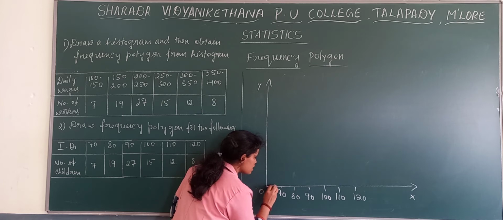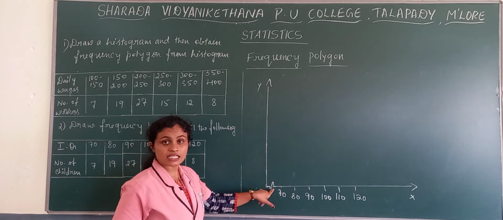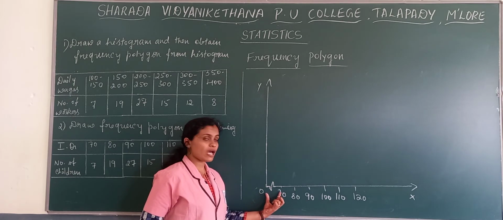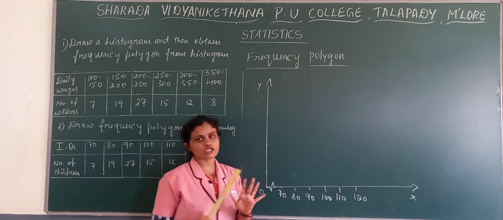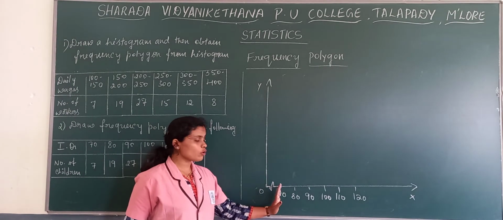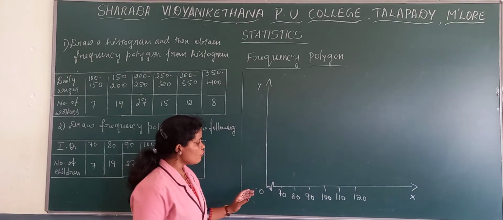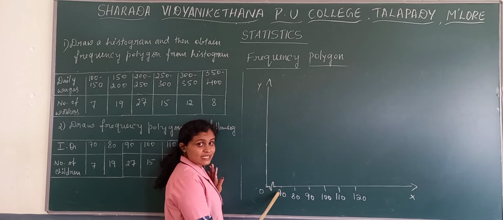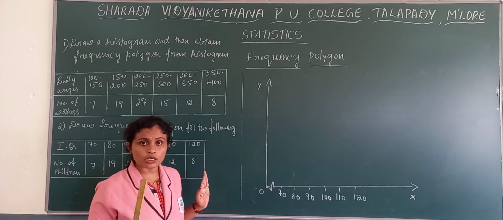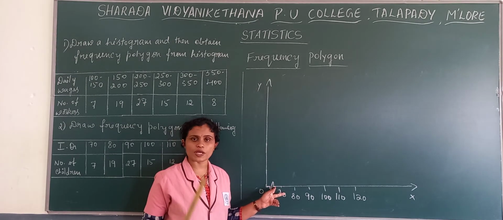We need to represent a kinked line here in order to show that if we draw this kinked line, then it's okay if there is a difference between 0 to first value and the rest of the values, if it is not equal, because we showed here a kinked line. It represents that the 0 to first value and the rest of the values are not equal. In such a case, where the 0 to first value difference is 70, and the rest of the values' difference is 10, it's not equal. In such a case, we need to show a kinked line. This we call a false base line.